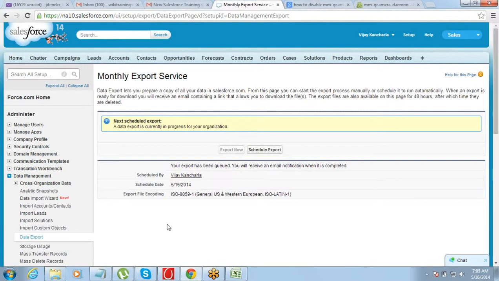So it's a somewhat lengthy process for the export. You click on export, it queues the export. Once the file is ready to be downloaded, you receive an email, you click on the link in the email and that brings you back on the screen, and here you will have a download URL. You click on the URL and then you will be able to download the file.